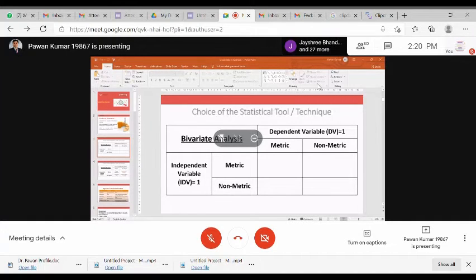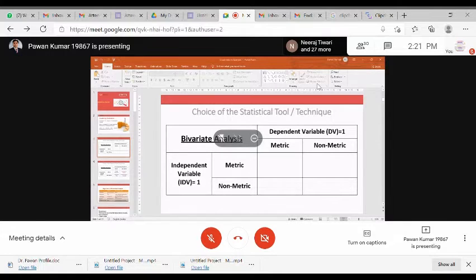Hypothesis testing, okay. But now I am going to teach you the discriminant analysis. Now the question arises, where do we apply discriminant analysis? As I have told you, simple linear regression is where metric and metric data are there.